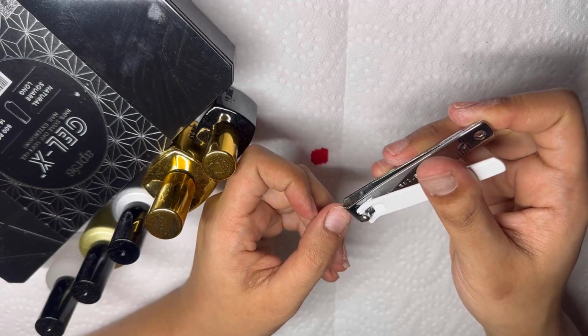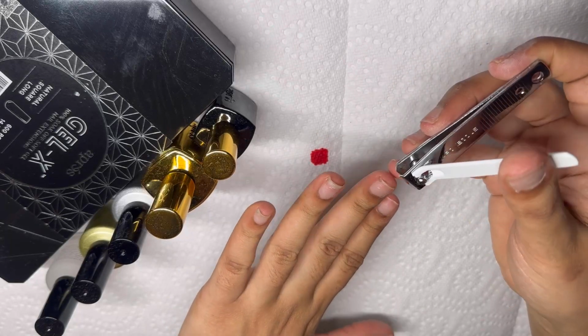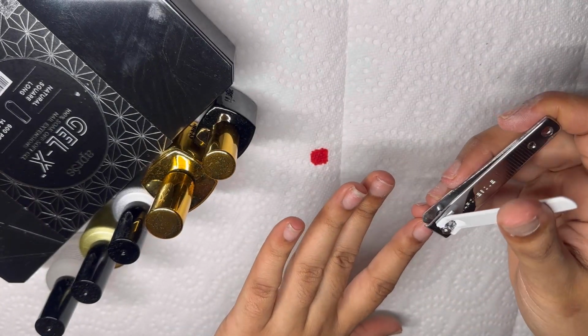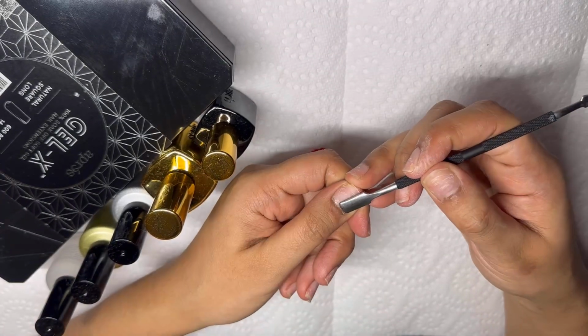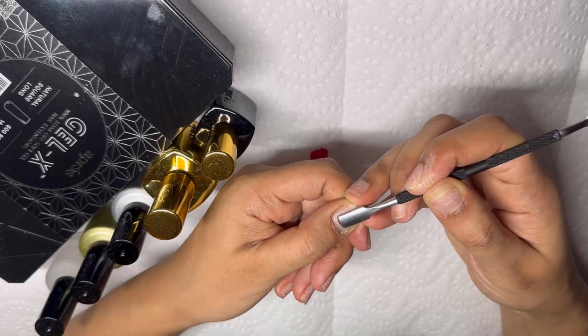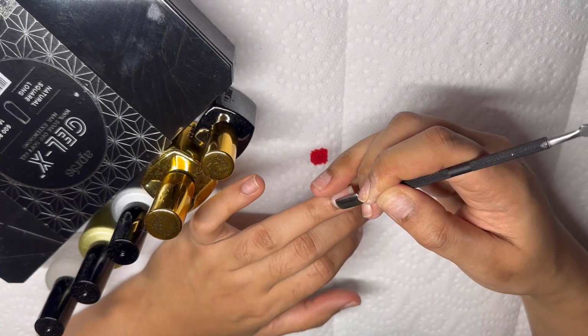Next, I'm taking my nail clippers and just trimming down my natural nails. They're not really long, so I want to try to keep them as long as I can. I'm just making them a little bit even. Then I'm going to take the other side of my cuticle pusher, the actual cuticle pusher side, and push my cuticles back,